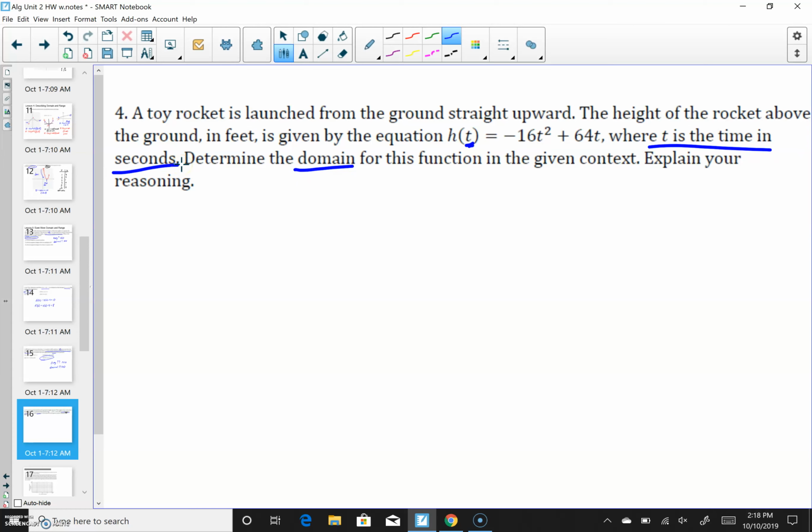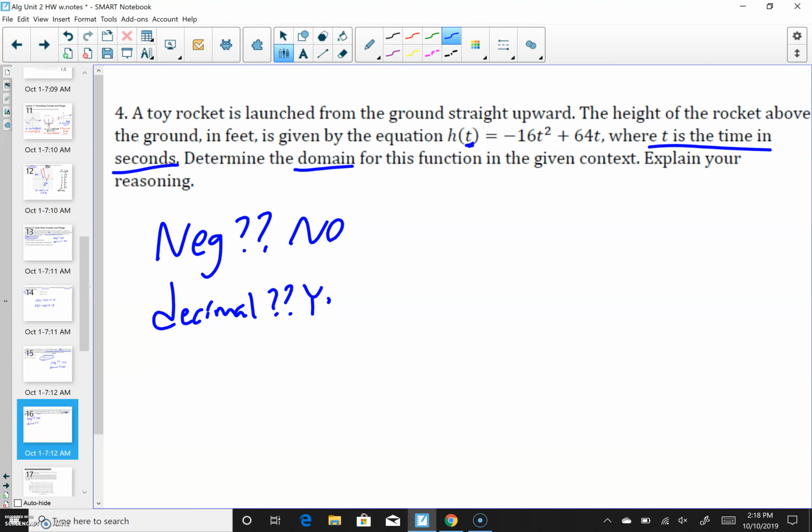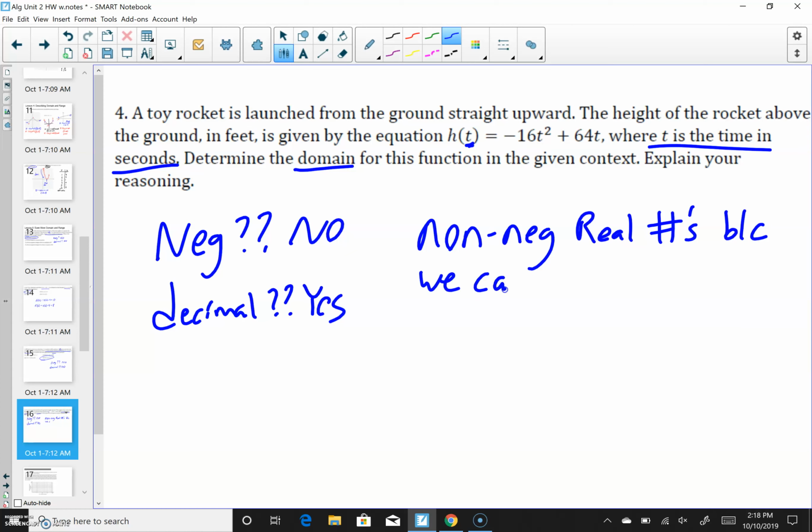So if we think about time, we can't do anything in negatives. However, we can have decimal and fraction amounts of time. So unlike a lot of the other ones that have been positive integers or whole numbers, the best set that fits this is our non-negative real numbers,